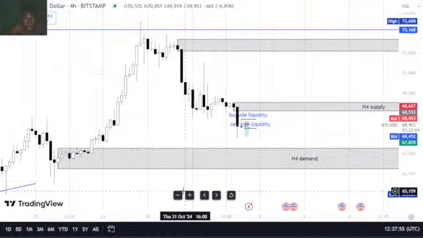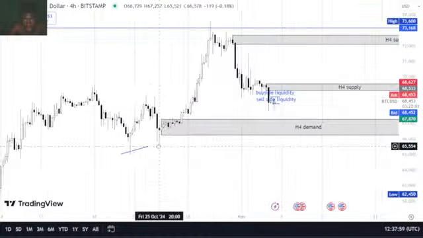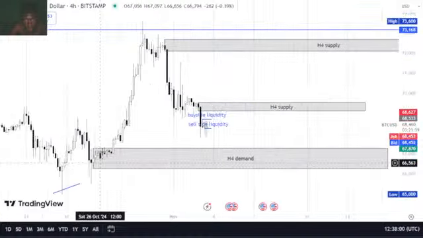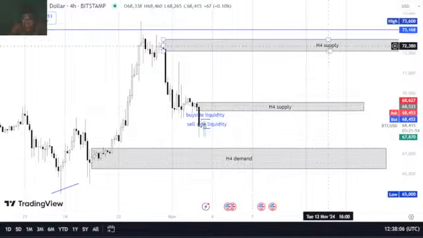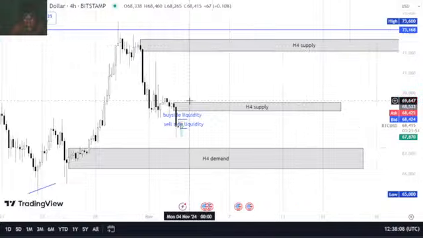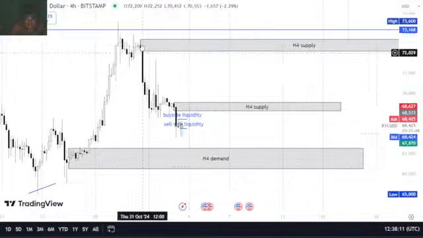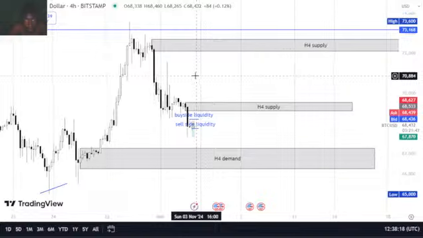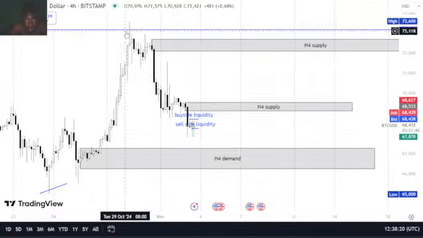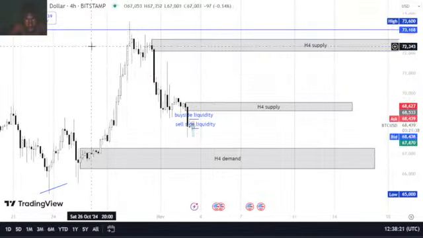As you can see, a perfect demand zone on this H4, and that's the supply zone. This is the extreme supply zone. So if price is able to tap here, or well, let's see, as we are looking at this, we can see supply is in control. You can see supply is in control because it took out this resistance, came down.